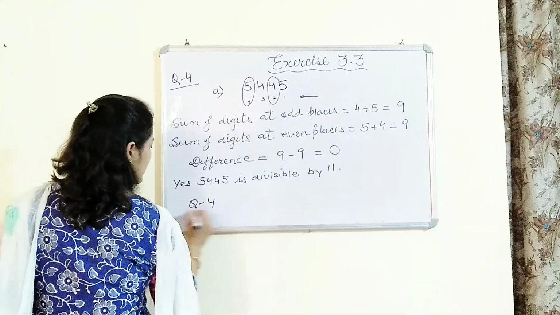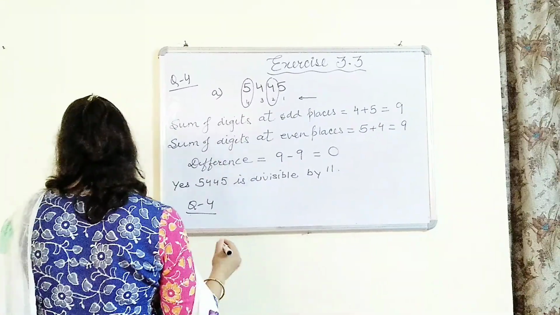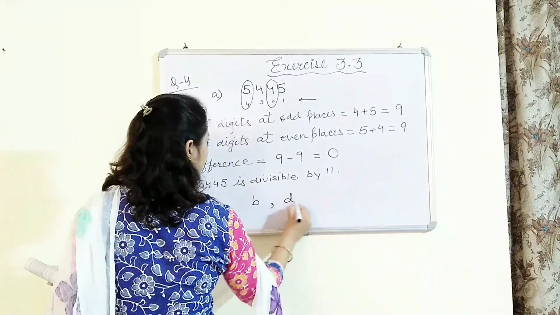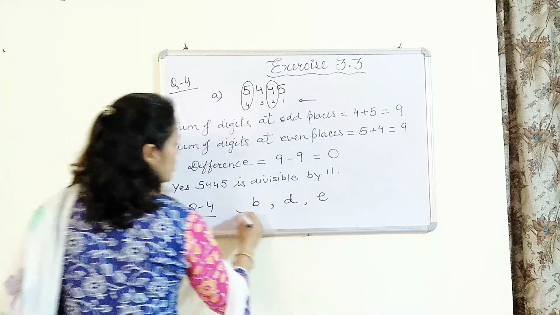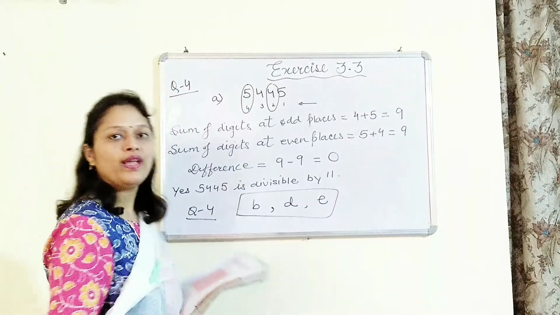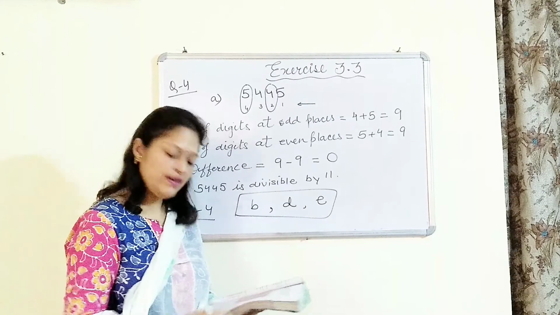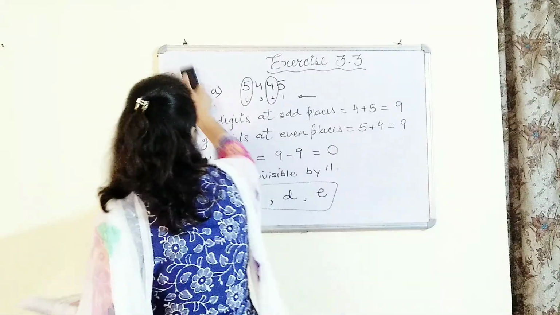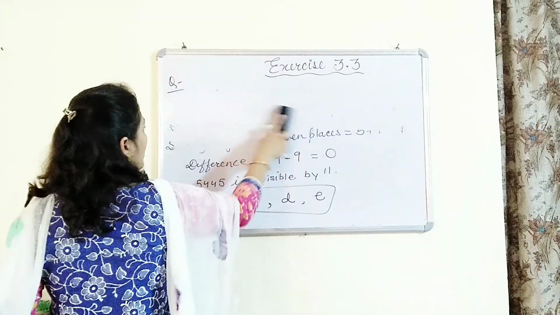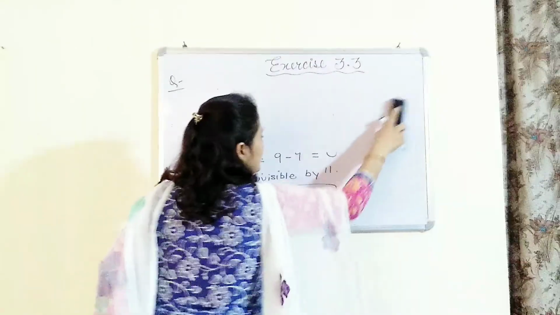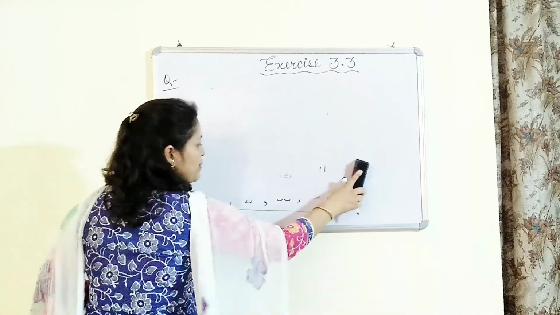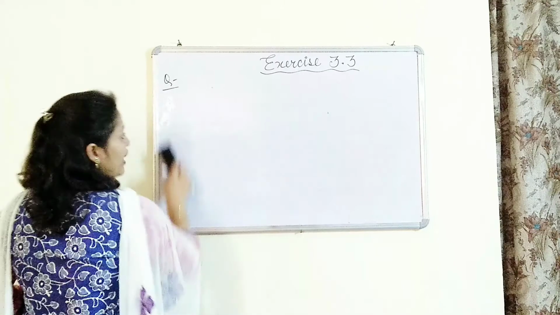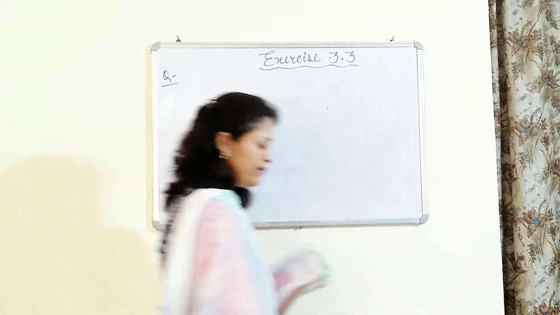Now, mark the parts which you have to do of question number 4. Mark all the points, children. A, I have solved for you. B part, D part and E part. Now, these parts you have to do in your notebook. Okay, children? Now, let's begin with question number 5. There should be no confusion, no difficulty in these divisibility rules, especially divisibility by 11, as I have explained so many times. And you have done a lot of practice.